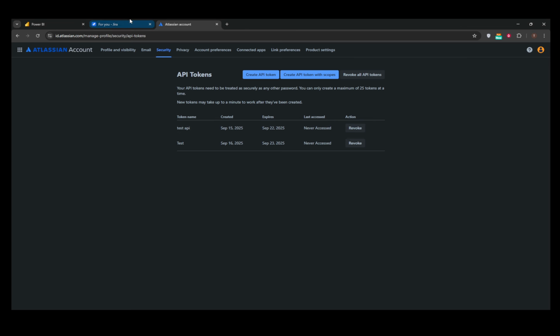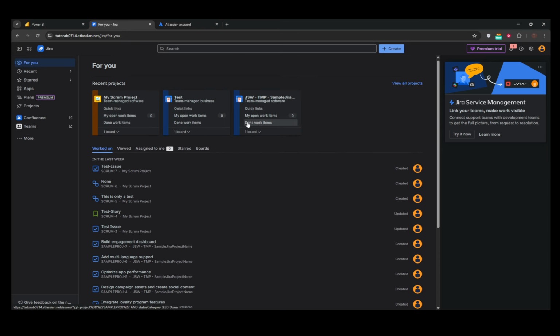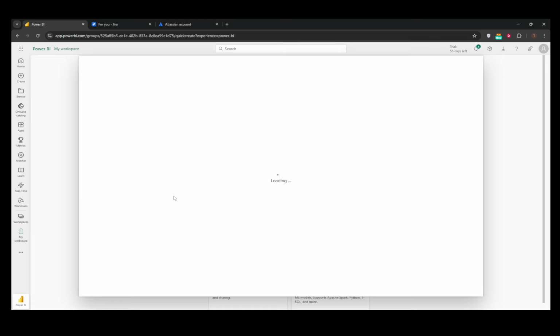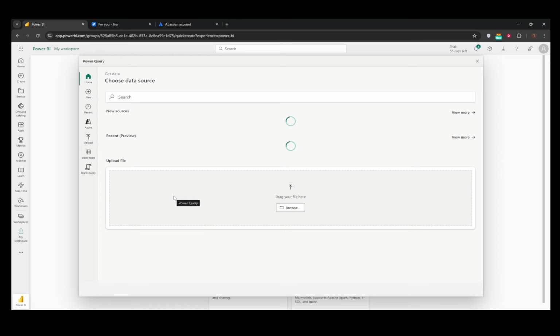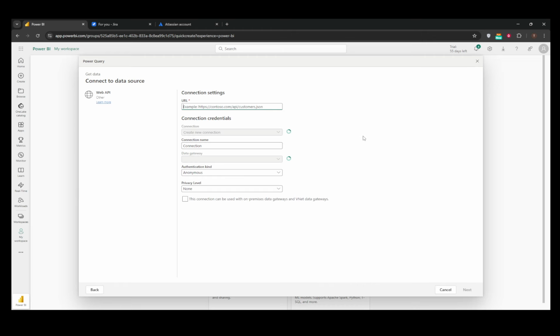Next, let's turn our focus to Power BI Desktop. Open the application on your computer and get ready to import your Jira data. Choose the Get Data option, which will present you with various data source choices. Since we're pulling data from the web, click on the Web option. If you happen to be using plugins, you might see options for JSON or OData as well, which are also viable. Input the Jira REST API URL that you formulated earlier, which might look something like this: